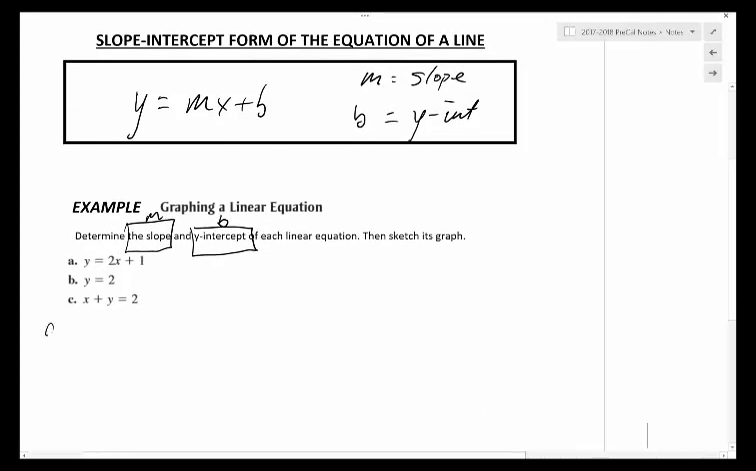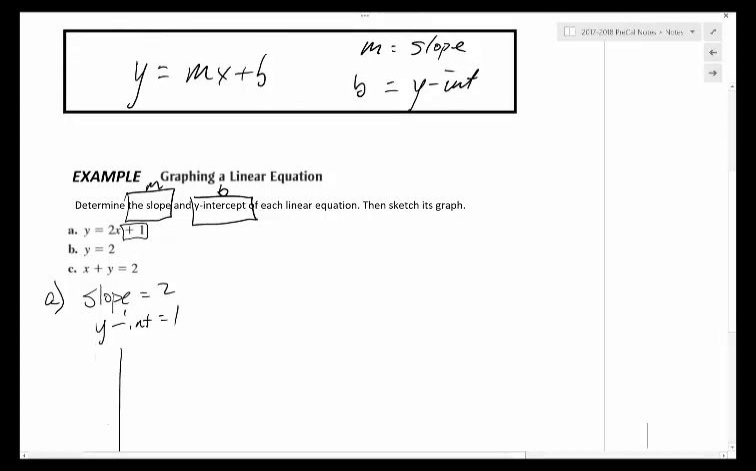So I look at it for A. The slope, the m value, is 2. The y-intercept is positive 1. Remember, it's the entire sign there that gets included with it. If it was a minus 1, it'd be negative 1. And then for my graph, I go up to a y-intercept of 1, and my slope is up 2 and over 1. Up 2 and over 1. So now,